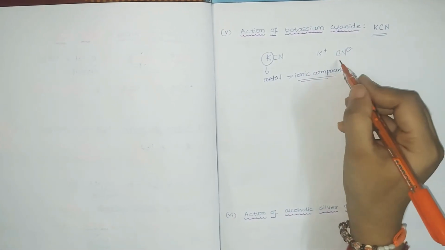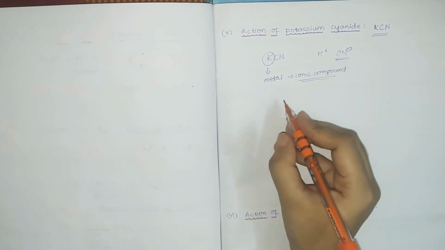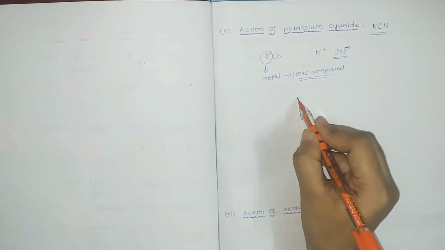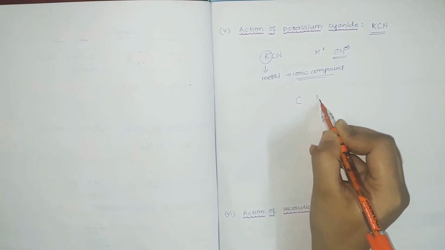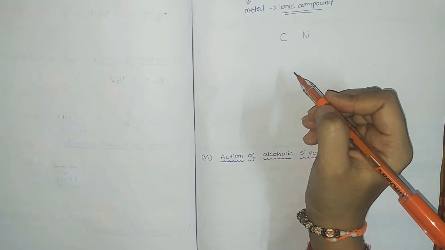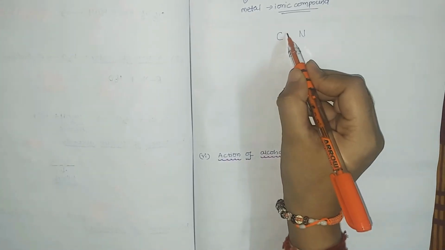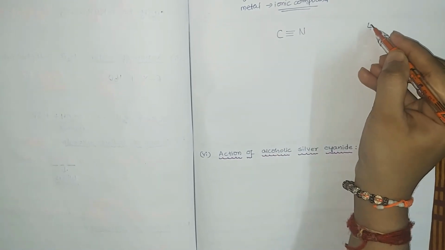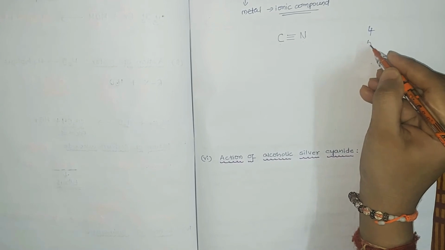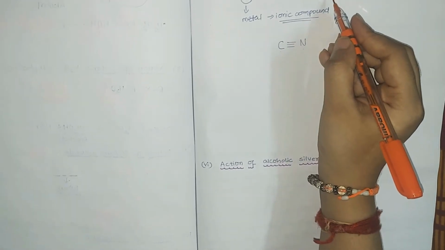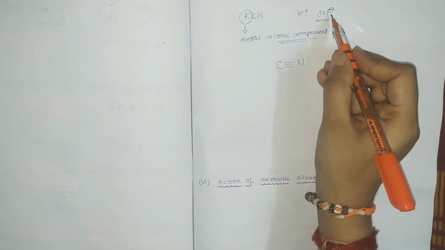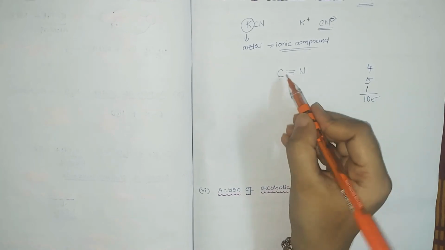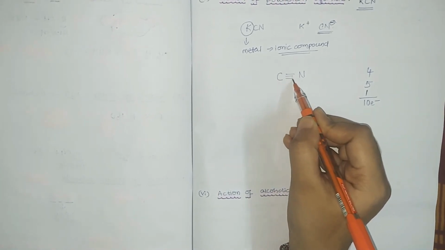So actually on which atom is a negative charge present here? So we will find it out by writing the Lewis dot structure. Nitrogen has a tendency to form triple bond, carbon 4 bonds. So we will represent here a triple bond in between C and N. We'll count the valence electron here quickly. So carbon has 4 valence electron, nitrogen has 5. Since it is negatively charged here, that is CN minus, so we will add one more electron here. So 5, 4, 1, it is equal to 10 electron. So we will represent it. Already we have represented 3 bonds which are equal to 6. So 7, 8, 9, 10.